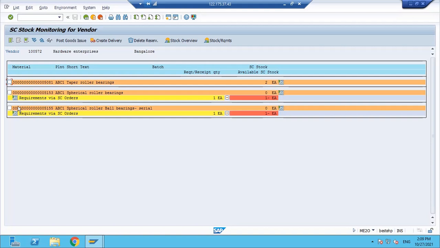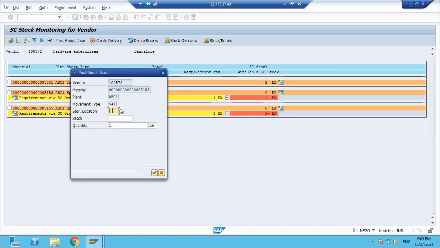So what is the damaged one? This one, 5153, right? So enter this, create or post goods issue, storage location is 1000, batch is nothing but the valuation type, that is damaged, and this is very important.